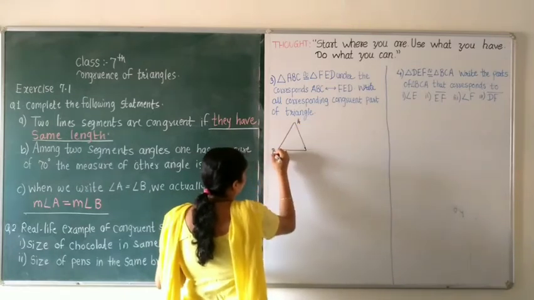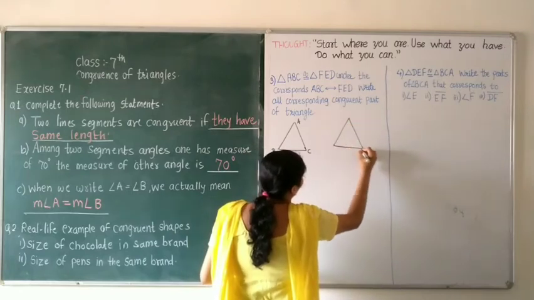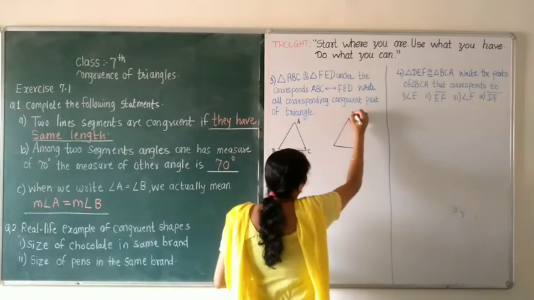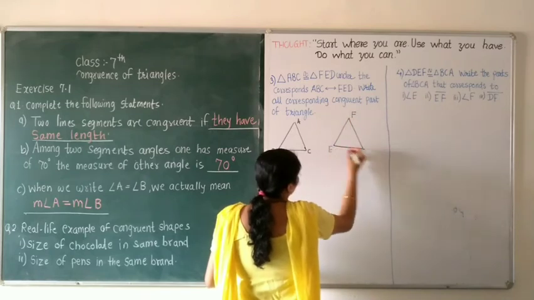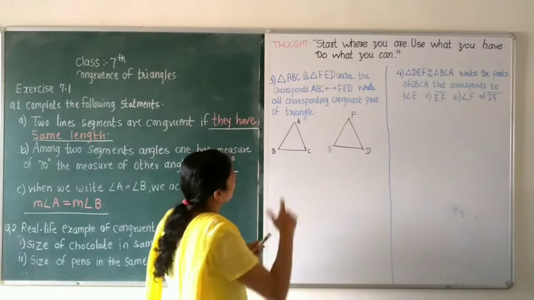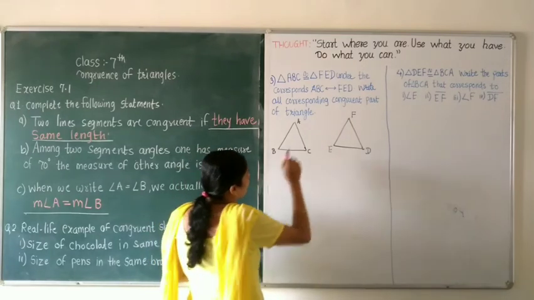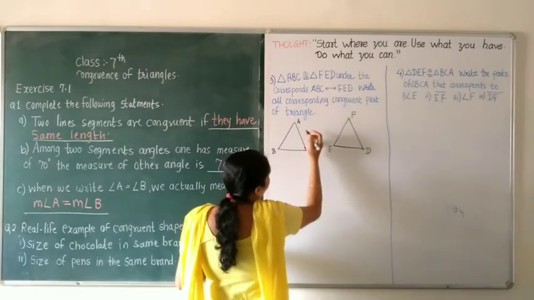A, B, C, and here I will draw PQR. No, it is FED. FED. And now I will mark the corresponding parts, ABC to FED. That means